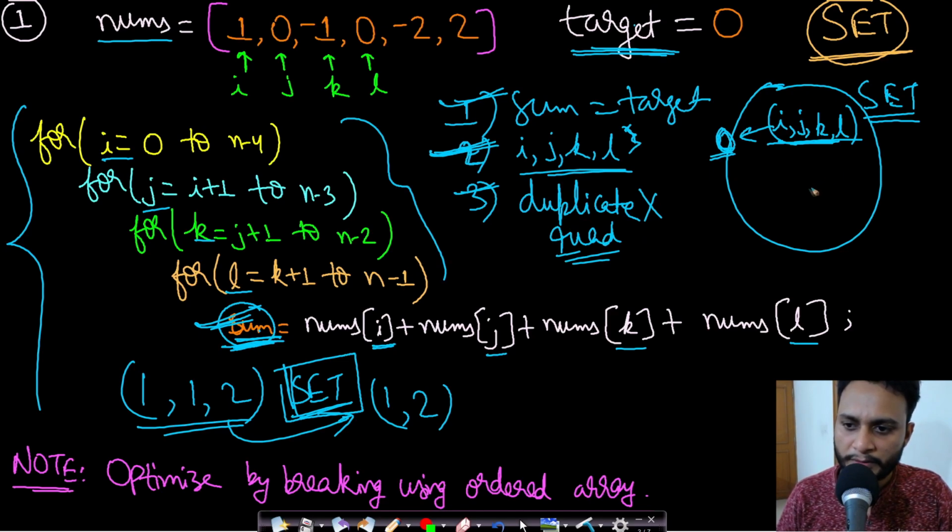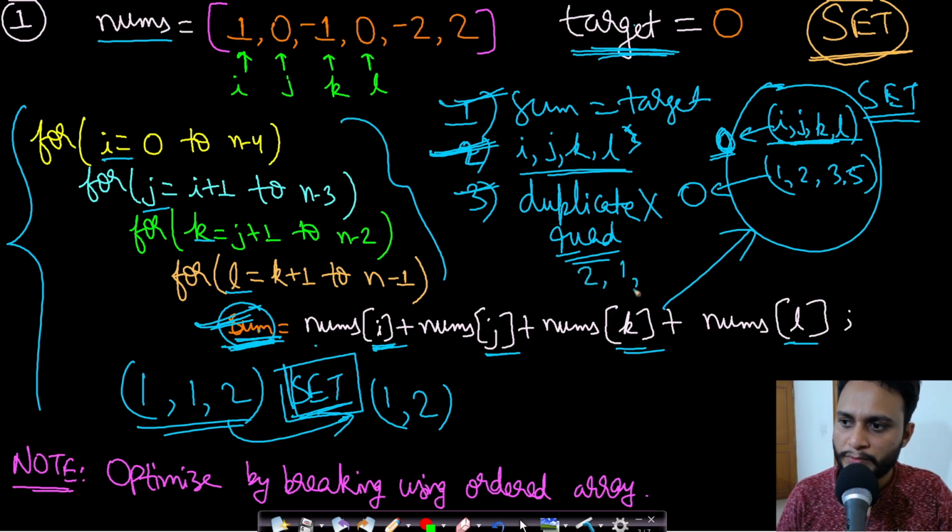So in a set, we don't need to check anything. If the sum is equal to target, we can simply push this entire combination i, j, k, l into the set. Let's say we had this set of indices 1, 2, 3, 5, which gives us sum equals 0. Now we found another combination, say 2, 1, 5, 3, which is also sum equals 0. And now we found another combination i, j, k, l which matches with this vector. In that case, even if we try to push it, it will not be pushed.